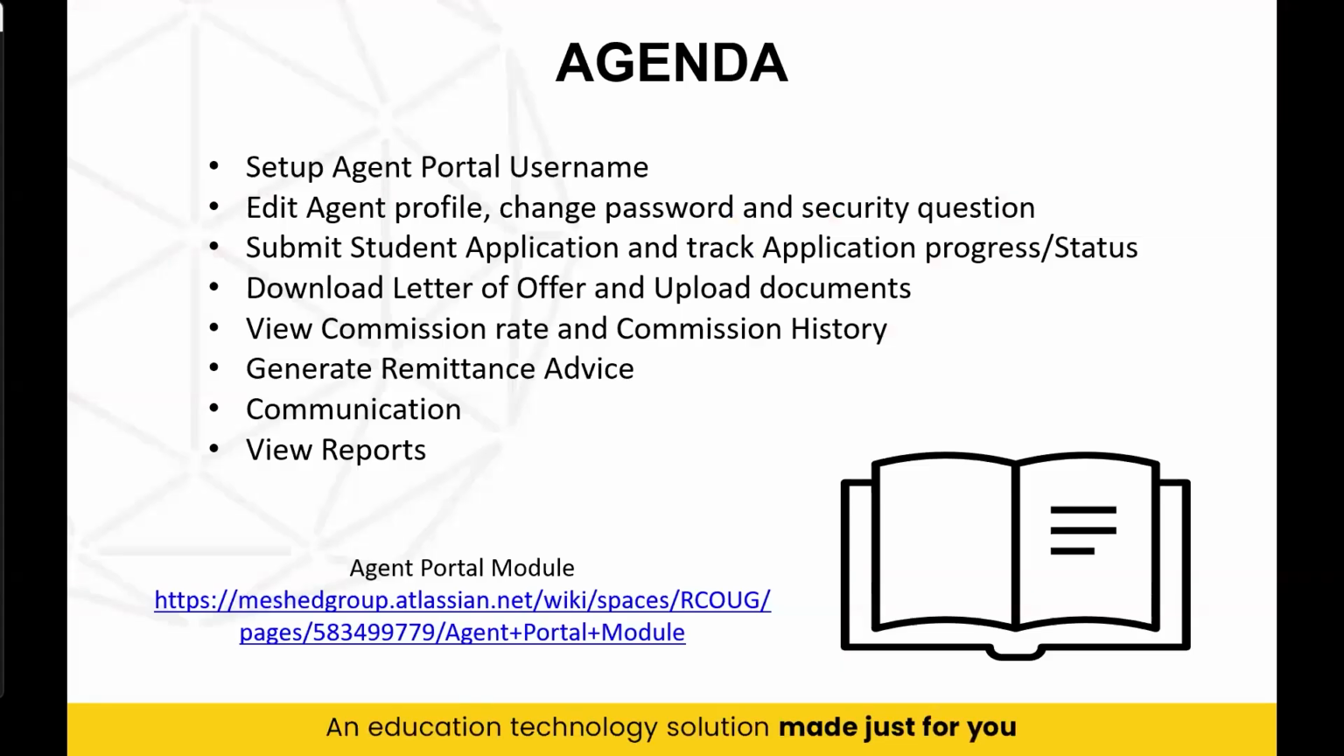So today's agenda will cover what the agent portal ideally is and how you can provide your agent with access to this agent portal, how you can create the username for them and provide them the login credentials. We'll see how an agent, once logged in, can update their details, change password, and make the modifications as needed, followed by the most important part on how